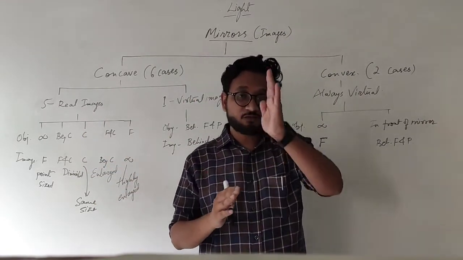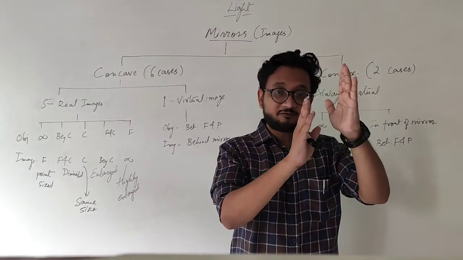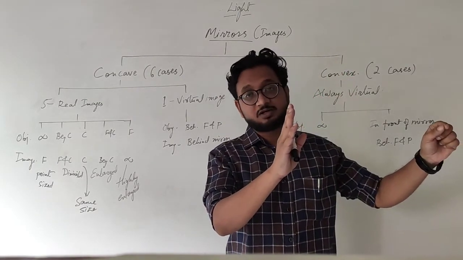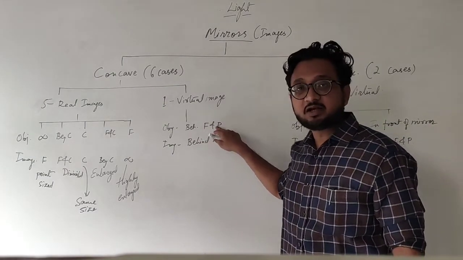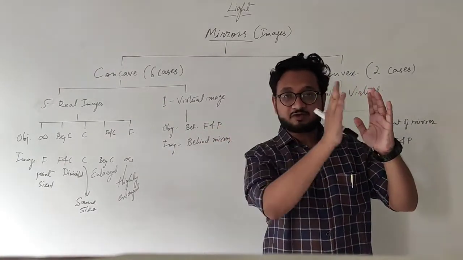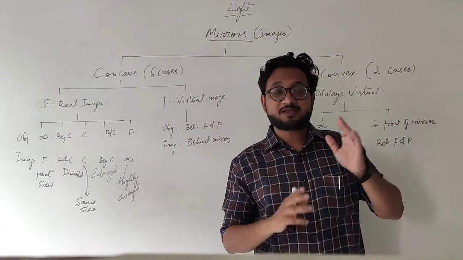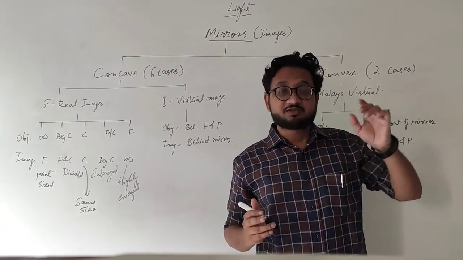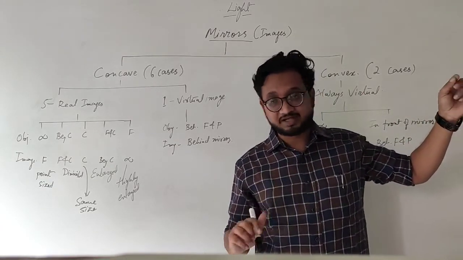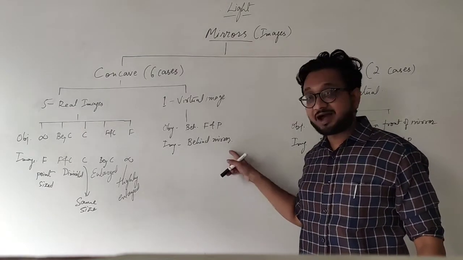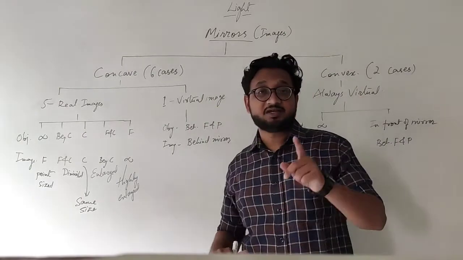Now what happens if you move the object even closer to the mirror? So now we are moving from focus to the pole of the spherical mirror. That is our last case, between focus and pole. If you bring the object even closer to the mirror, the rays will not meet in real time and they will diverge, and that is why the image formed will be behind the mirror, where the rays of light will virtually meet. It will be virtual, like I said, and it will be erect.